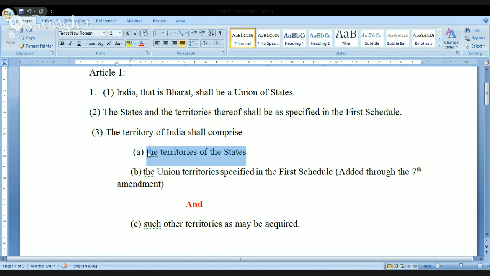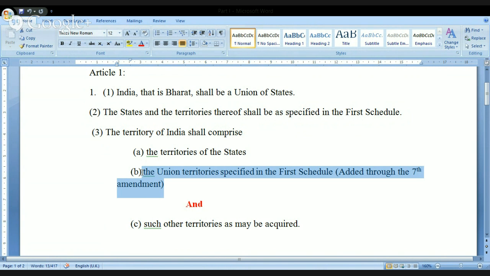And what exactly is present in the territory of India? Number one, all the territories of the states. Let it be any state that is present in India, it's a part of the territory of India. Am I clear? That is the reason why today I am able to say that we have 29 states. Look at this. When it comes to